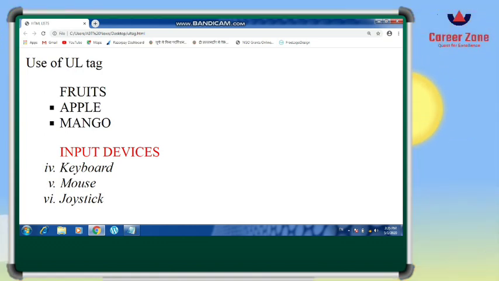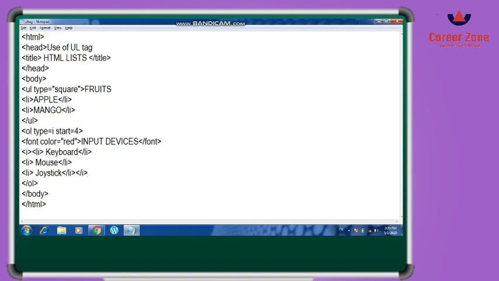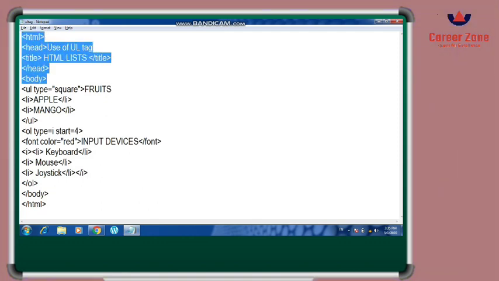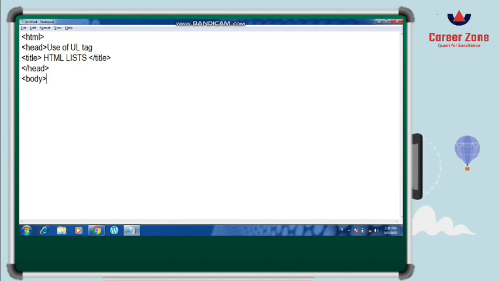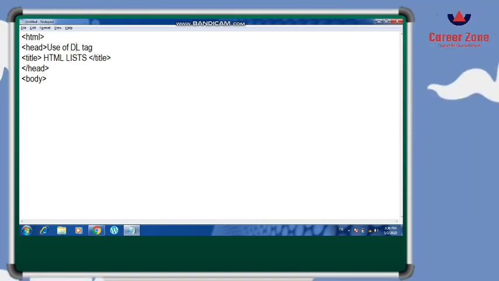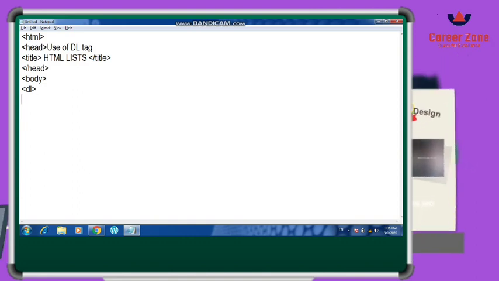Now let us see the definition list. I am going to show you the definition list in a different page. Let me copy this, open a new notepad. I'm going to write here use of DL tag. Under the body, for the definition list, we have to open the DL tag, under which the sub tag is DT, definition term.